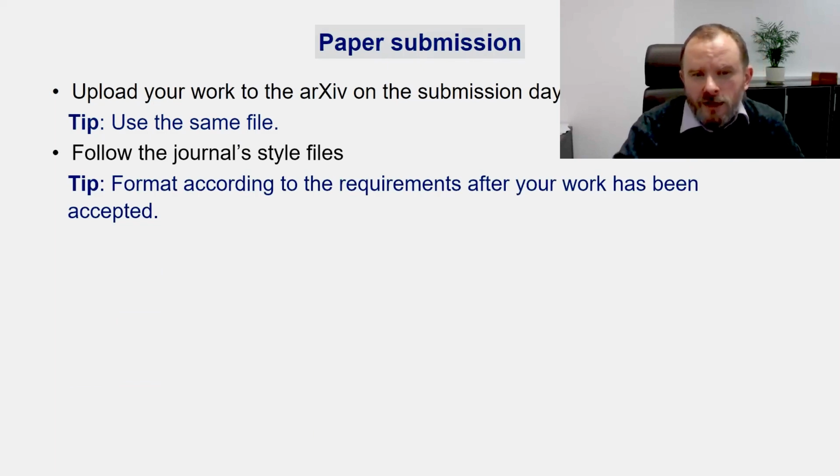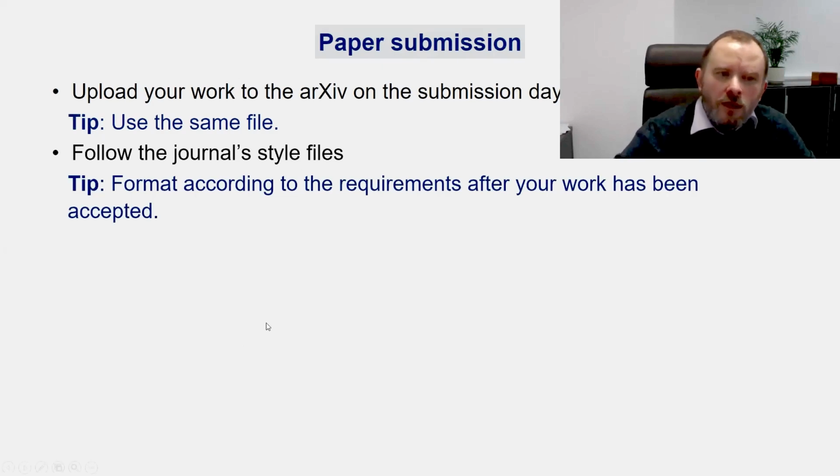And this is what I said. So style files are present on many journal web pages, but they don't insist that you should use this style file for the first submission. Usually it's okay if you submit a standard file, then you have some report, and only after acceptance, they say, please retranslate your work into our style file. Some people start to do this before the first submission, and they spend a lot of time on this hard work. Me personally, I don't recommend it.